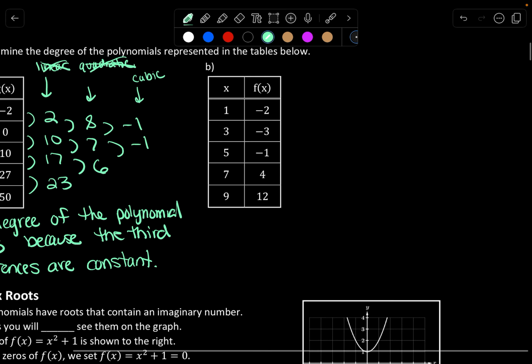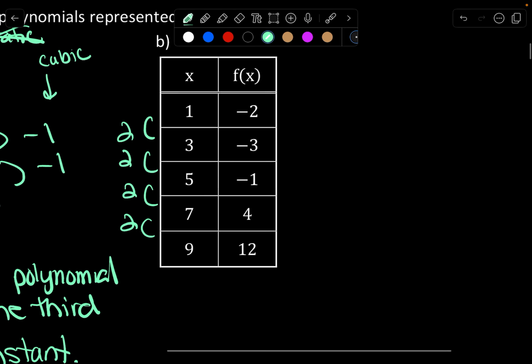All right, the next one, if we take a look at the x values, we're adding 2 each time, so we don't have to use the average rate of change. We can just focus on the outputs. Now for concavity, you should always use average rate of change because we have to see if the average rate of change is increasing or decreasing or not changing. But for the degree of a polynomial, if delta x is the same, we can just focus